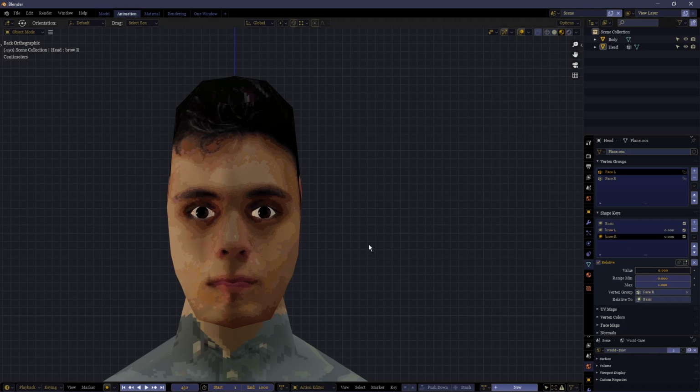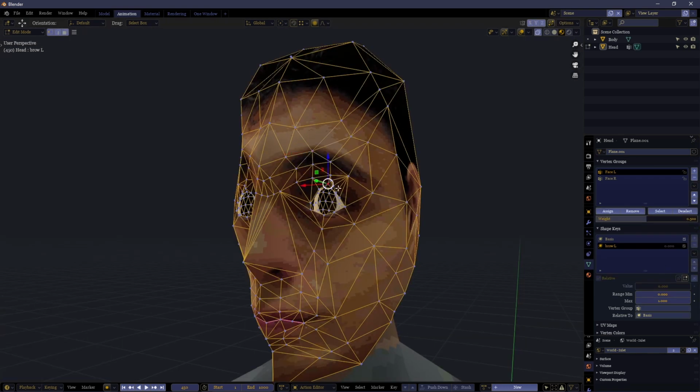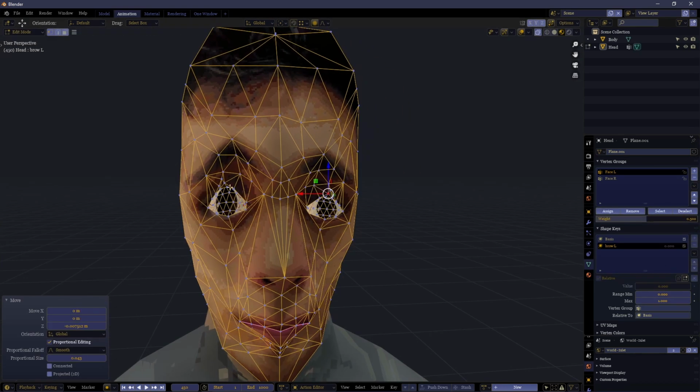Now if we put it up, we see it only affects the half of the face you intended it to. See, if we remove the vertex group, if we put it onto left, the left one, right, the right one. Now, if you want to modify these later, if you have a lot, it can get very tedious, since you have to modify them all twice, fine-tuning for the left and the right side, since they've now been separated. But if you need to, my advice would just be to delete one of them, remove the vertex group, open it in edit mode, and just put it to how you want it to be.